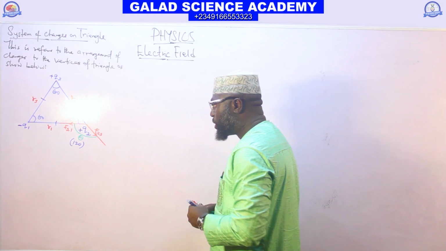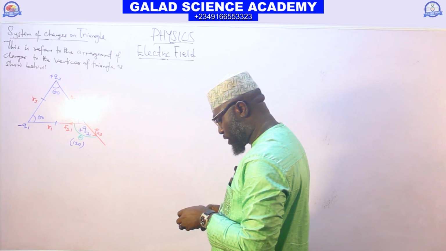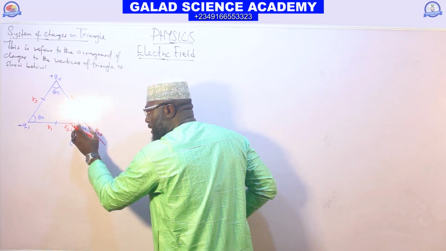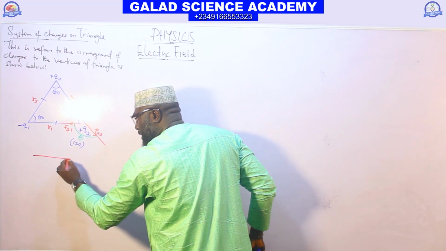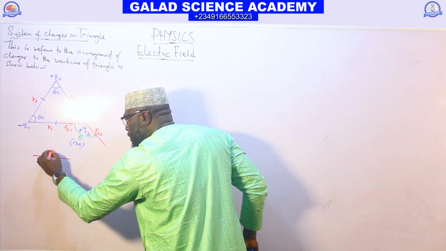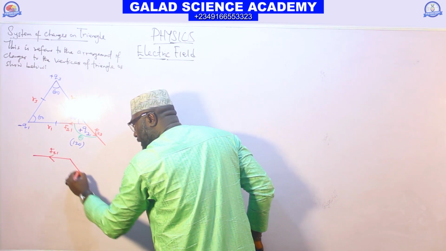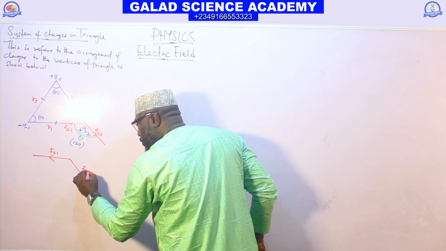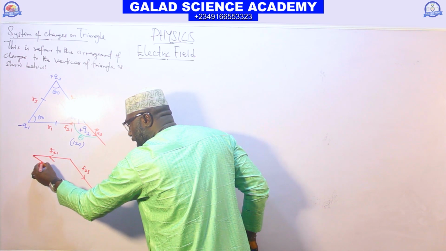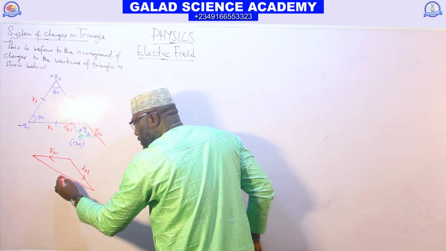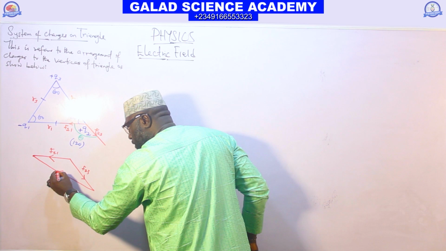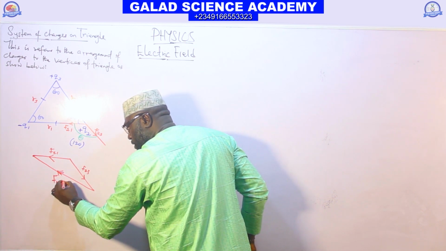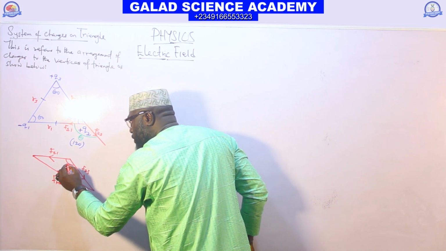By doing that, what will be the resultant force? For this sketch now, you can draw this diagram outside. You will have it in this form. This is F21, and this is also F23, and here is what we call the resultant force, the net force. And this angle we have here is angle